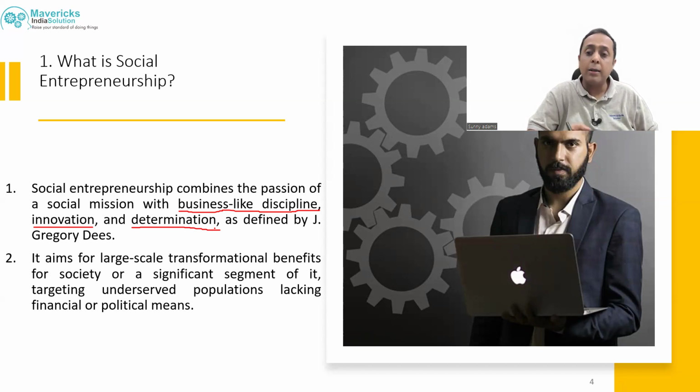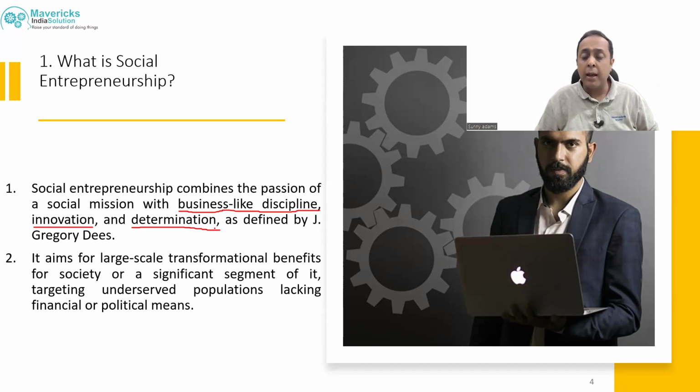It aims for large scale transformational benefits for society. और जो इसका एम ये है कि ये जो सोसाइटी की ट्रांसफॉर्मेशन करते हैं वो बहुत बड़े पैमाने पर करते हैं, एक लार्ज स्केल पर करते हैं, और अ सिग्निफिकेंट सेगमेंट ऑफ इट। और अगर वो लार्ज स्केल पे नहीं कर पा रहे हैं, तो एक सिग्निफिकेंट सेगमेंट, एक स्पेसिफिक सेगमेंट को वो बहुत हेल्प पहुंचाता है, जो इनका मिशन होता है।